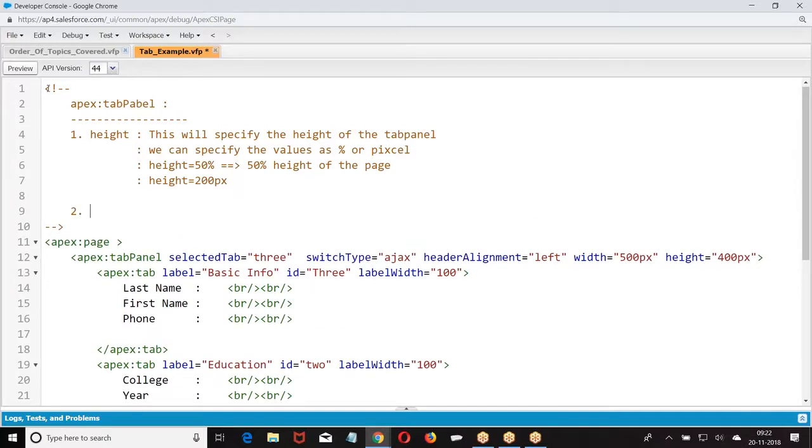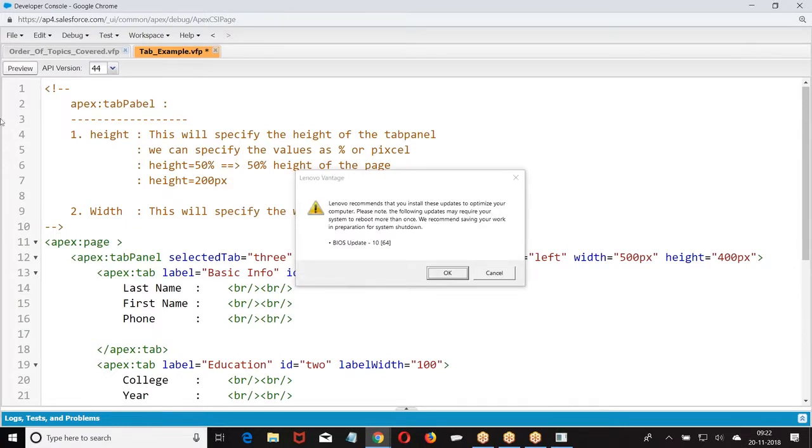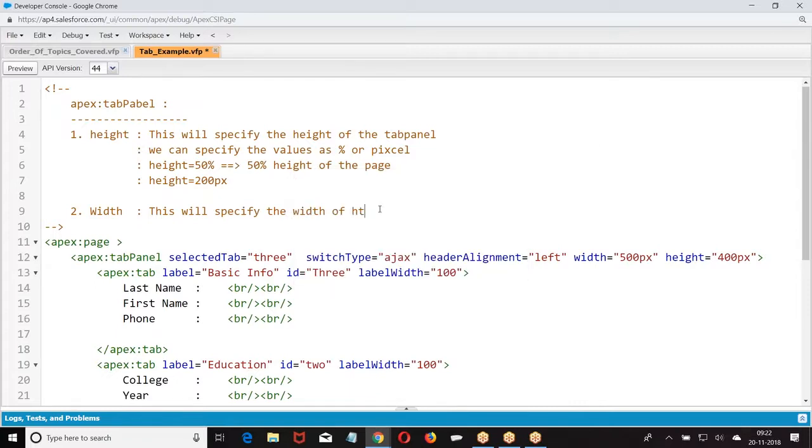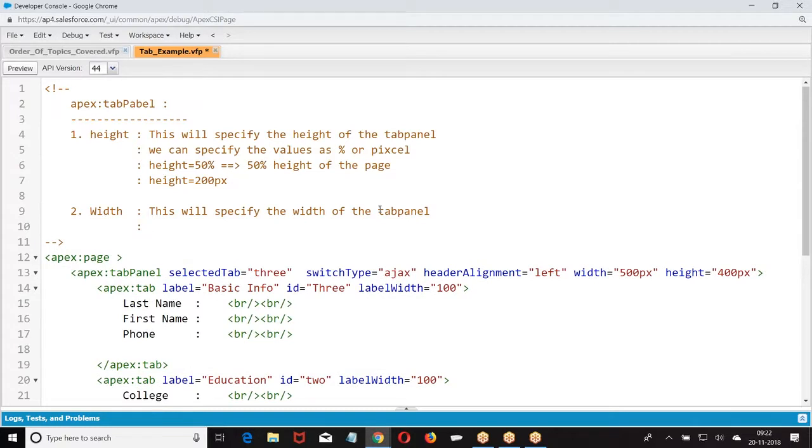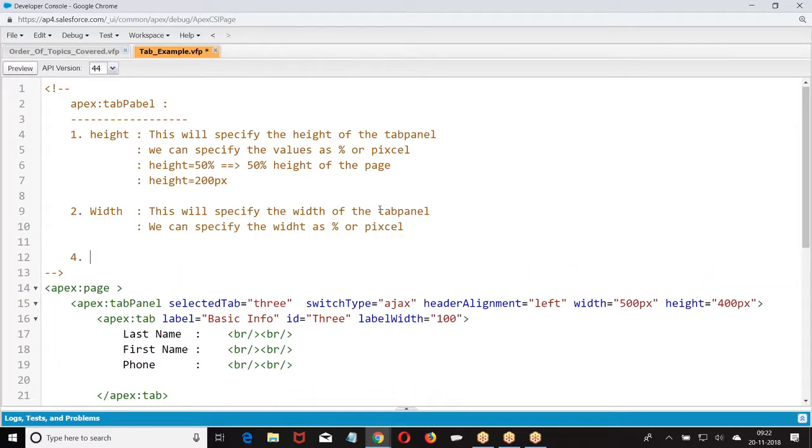Then here similarly we have width. We can specify the width. Then we have selected tab.